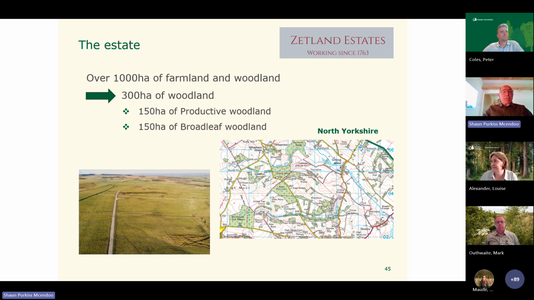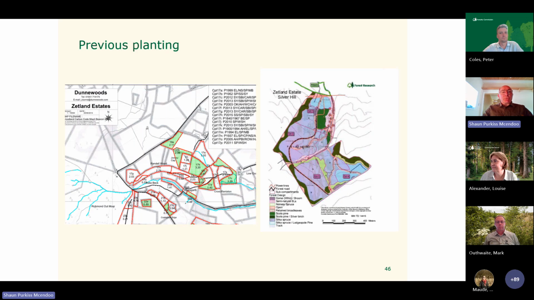And over the last 20 years, we've created just over 100 hectares of new woodland on the estate, which has been mainly additionality, areas that join onto other woodland areas that were either not in the agricultural loop, or they were part of an old shooting system or whatever, but we took them back in, and we've planted those up.